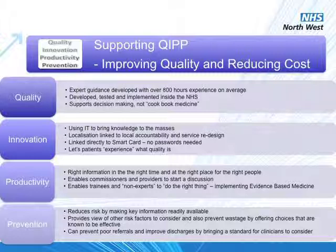What about innovation? Well, clearly what it's doing is using IT to bring the knowledge to the masses. And when I talk about the masses, I'm not just talking about the doctors in the room. Doctors, nurses, allied health professionals, patients and the public. It is the masses, it is for everybody. It is the only solution that's available where that pathway can be seen by everybody, both inside the NHS